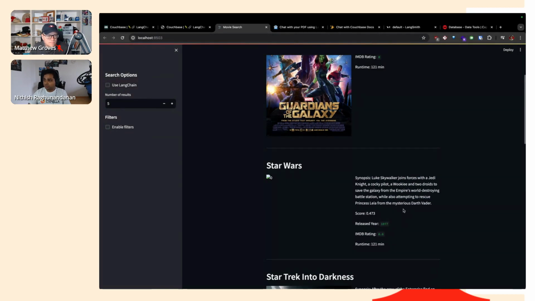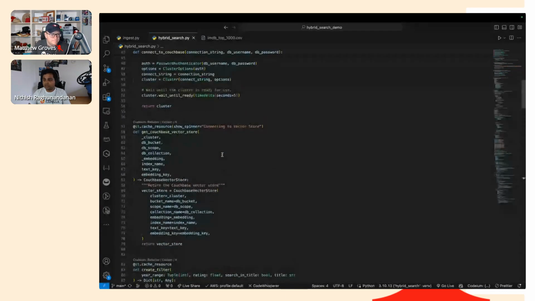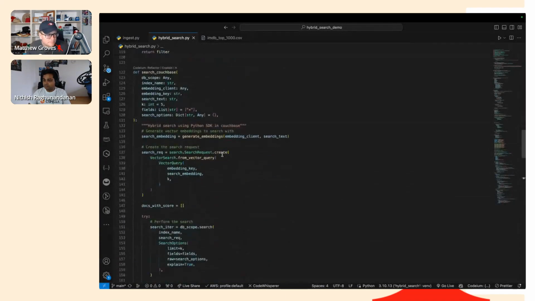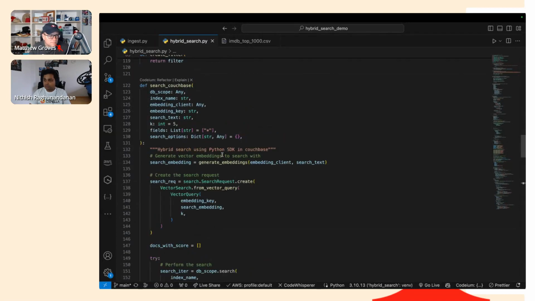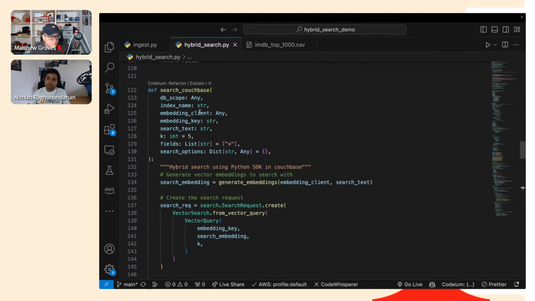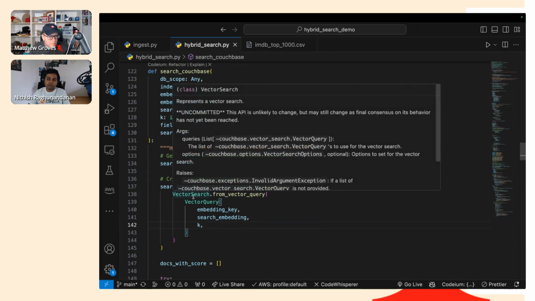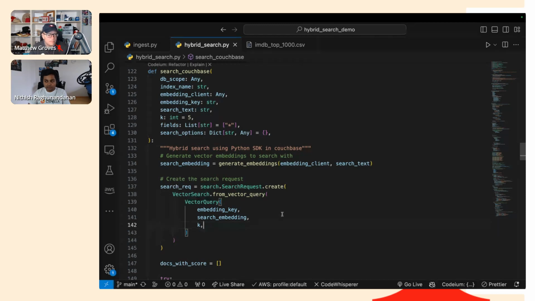And I can actually show you the code as well. Yeah, so this is how the code looks. I hope it's readable. It is basically part of the full text search service in Couchbase, and you create a search request, and then as part of it, you create a vector query, and the vector query has an embedding key, which is basically the field on which you are searching.